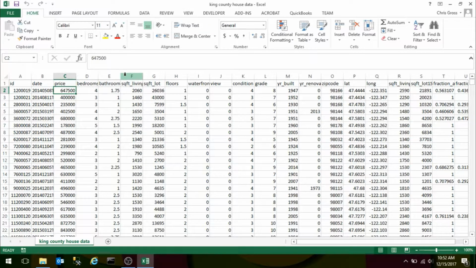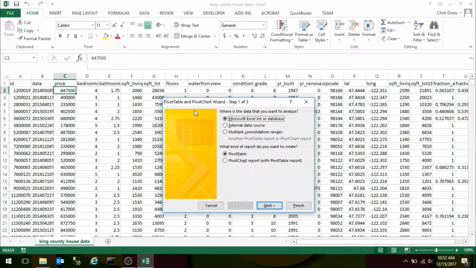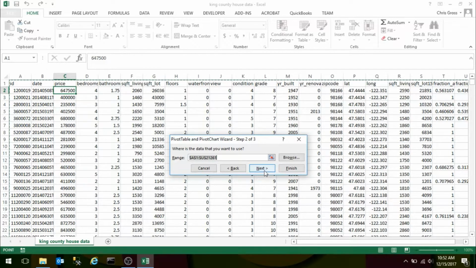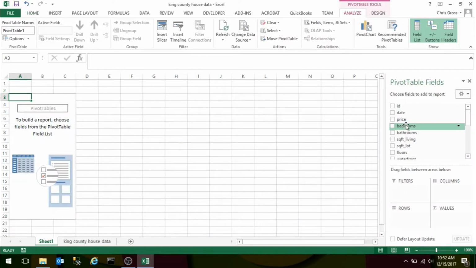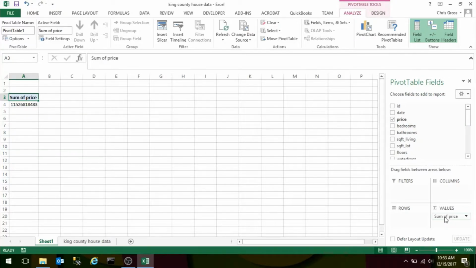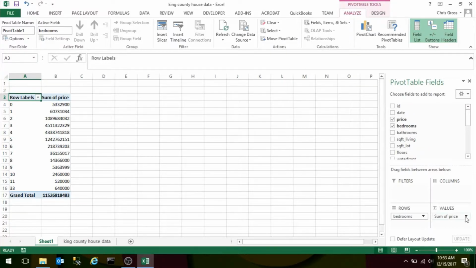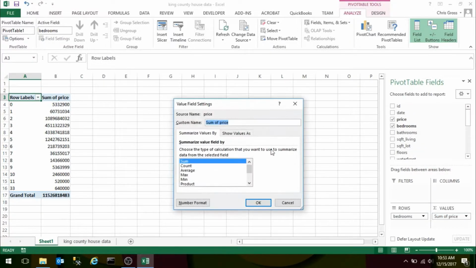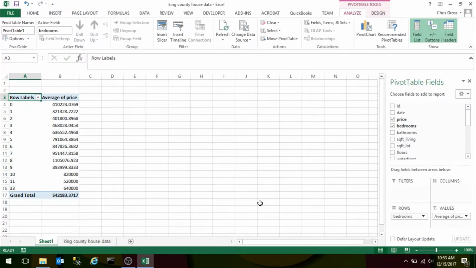And what we're interested in is looking at the value of the home and what are our predictors for what that value would be. So if we were looking at this data in Excel, we could just make a pivot table and take a look at the information that we have there. We're primarily interested in the price here, so we could put that price there, and maybe we look at that price depending on the number of bedrooms. Maybe we change that to be the average value of the home. Add a little formatting here,